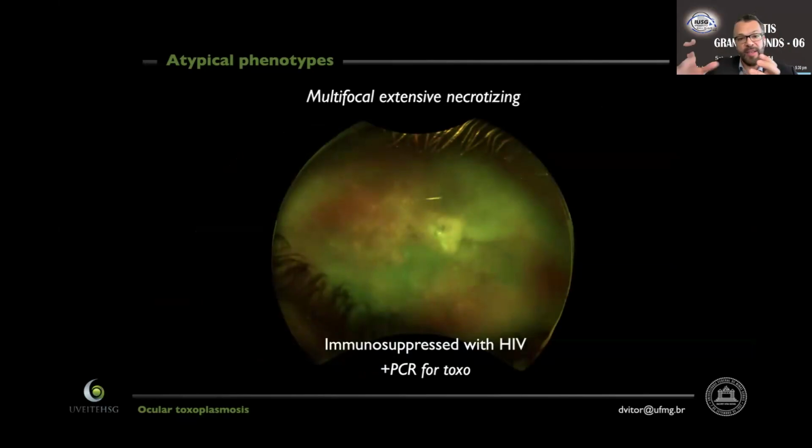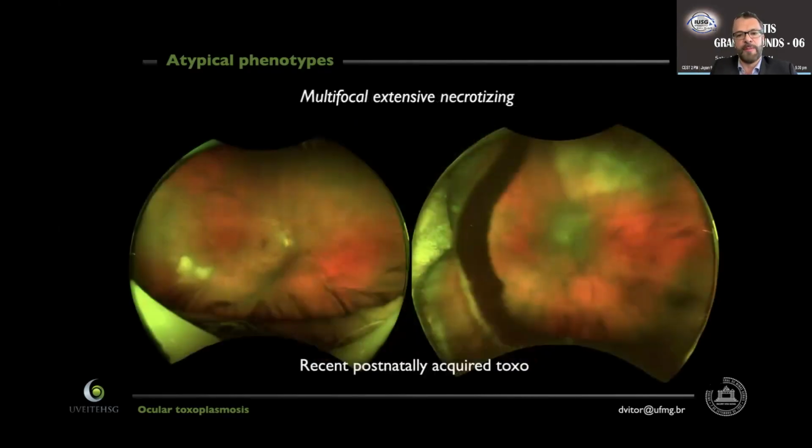Anytime we see a patient with aggressive, large foci of retinitis, retinal choroiditis, we have to entertain the possibility of some sort of immunosuppression. So all these patients do deserve testing for HIV. This is an example of a patient that came to us with loss of vision in her left eye, this extensive fulminant multifocal retinal choroiditis, and she had HIV, which was not suspected before, and the PCR was positive for toxo in the aqueous humor.